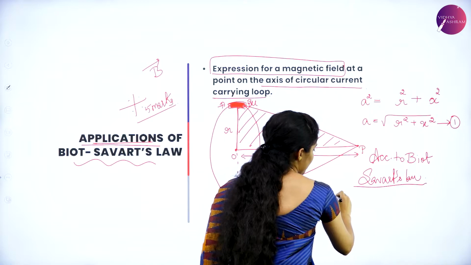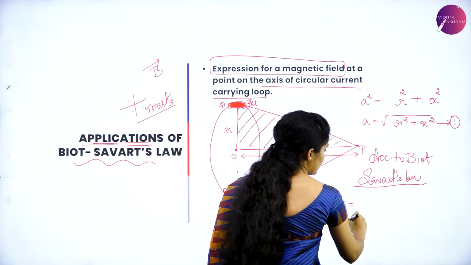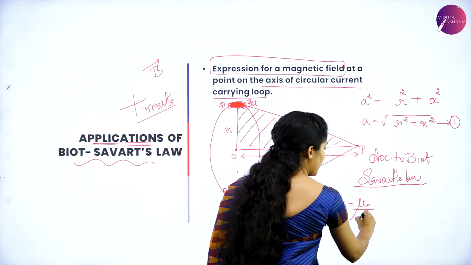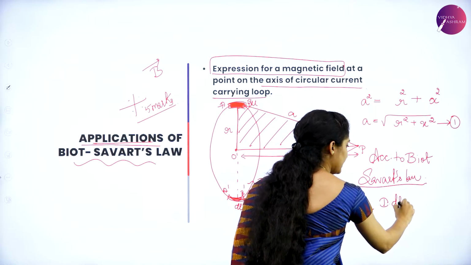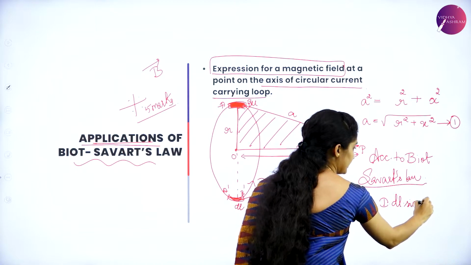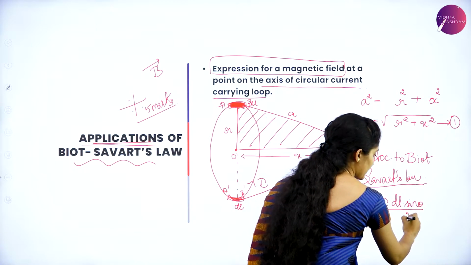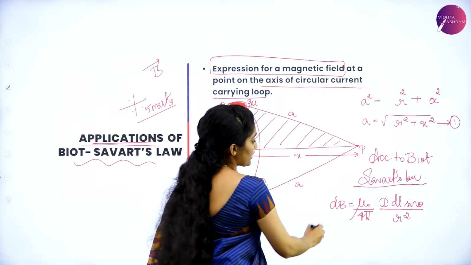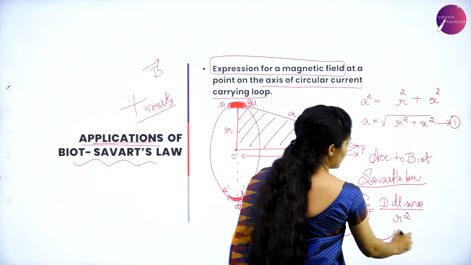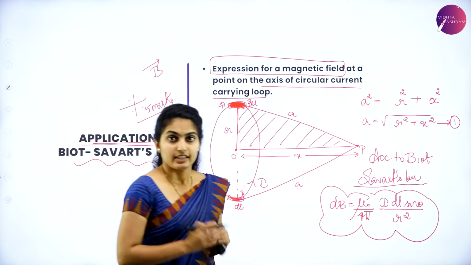We have dB is equal to mu naught by 4 pi, I dl sine theta divided by square of the distance between them. This is the Biot Savart Law equation which we had studied. Now